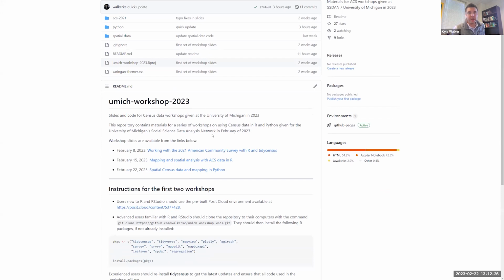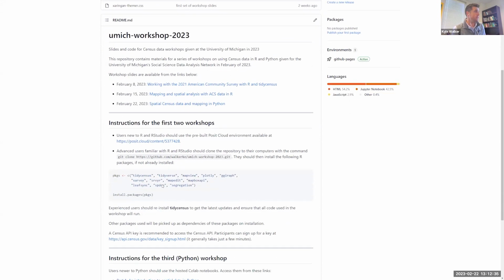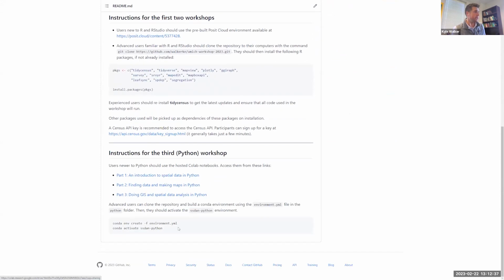This is where I am storing all the materials for these workshops. So I have instructions for participating in all of the workshops. What you'll do is scroll down here and look at instructions for the third Python workshop. I have some instructions for newer users and some for more advanced users. If you are a newer user, or frankly, even advanced users might be interested in using this workflow,